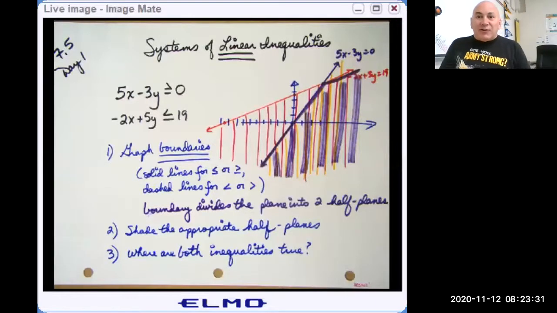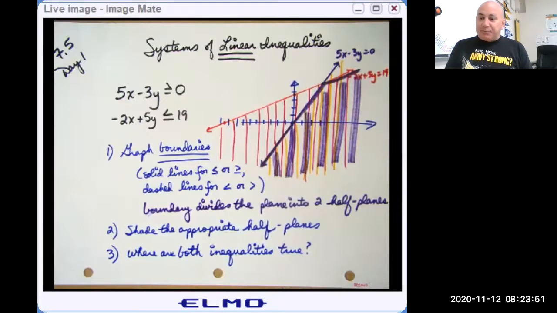Hello, pre-calculus students. In the past, you've learned how to solve systems of linear equations. We graph the lines and see where they intersect. In this lesson, we're going to review, and it should be review for you, how to solve systems of linear